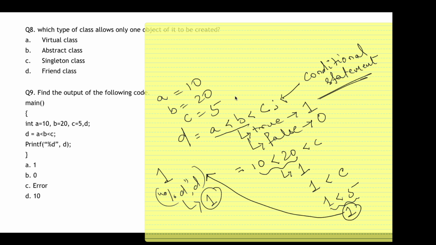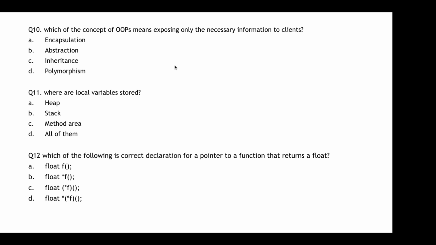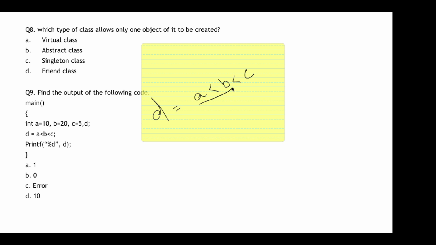Okay. So whenever you get this kind of question where there is a condition, always remember it operates how? It operates one operator at a time. It goes from left to right. This one will be executed first. So 10 less than 20, it's true.